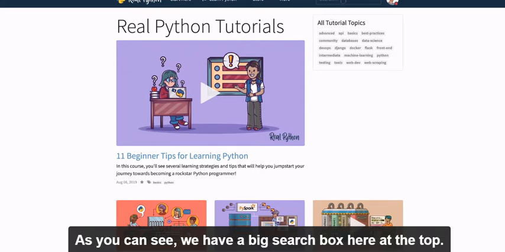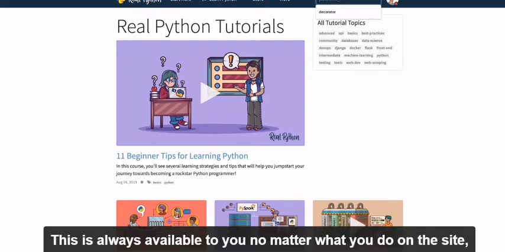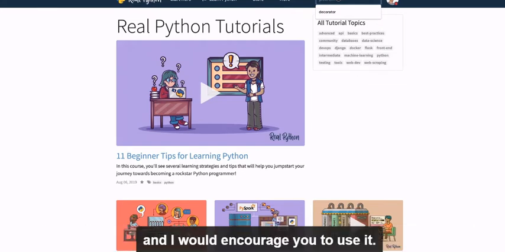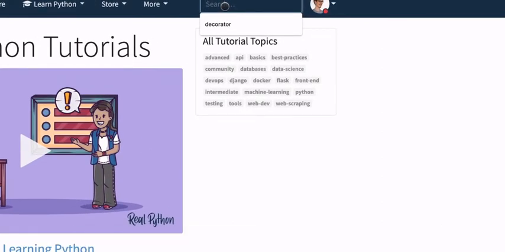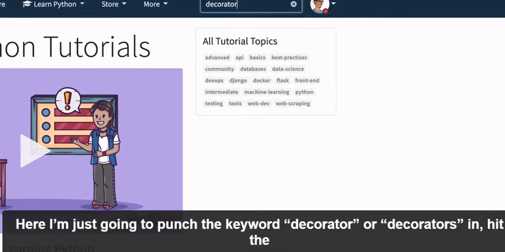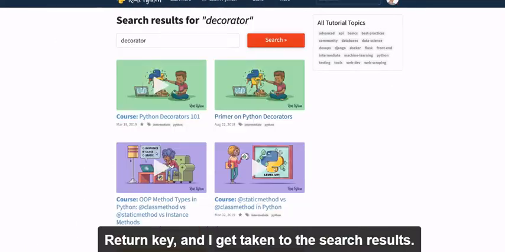So as you can see, we have a big search box here at the top, and this is always available to you no matter what you do on the site. And I would encourage you to use it. So let's say you wanted to learn about Python decorators. So here, I'm just gonna punch the keyword decorator or decorators in, hit the return key, and I get taken